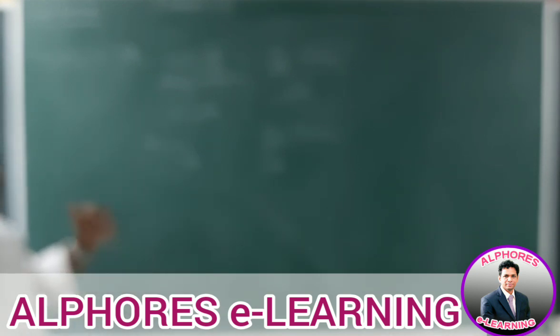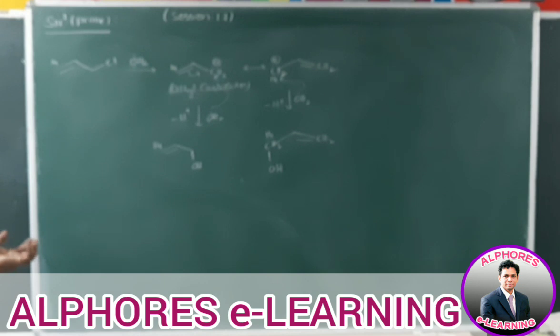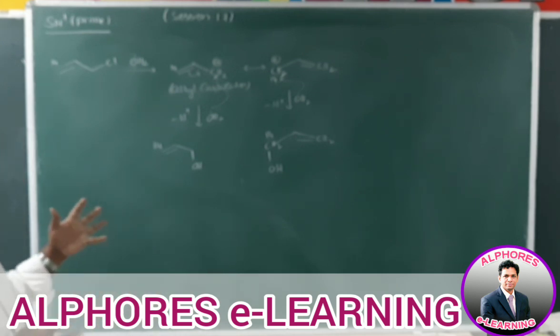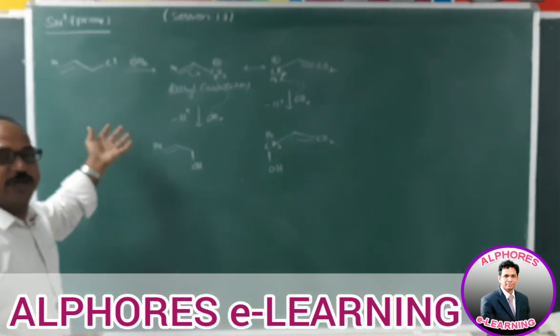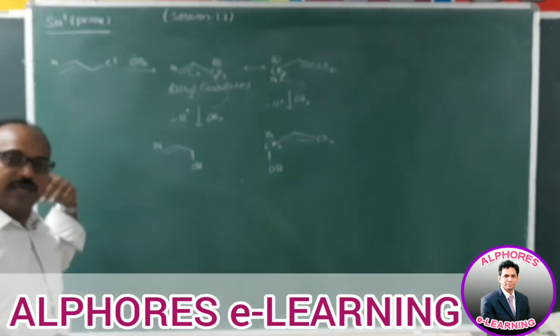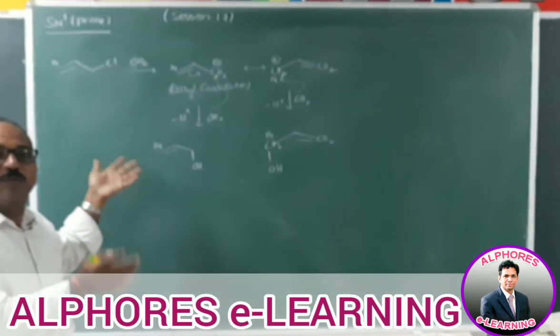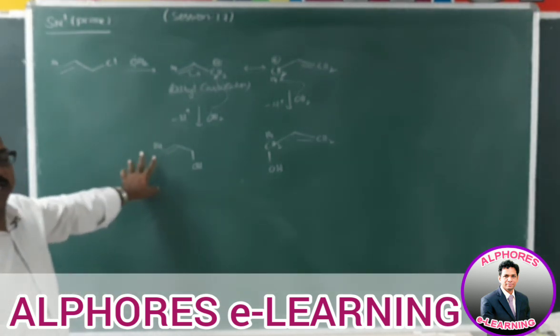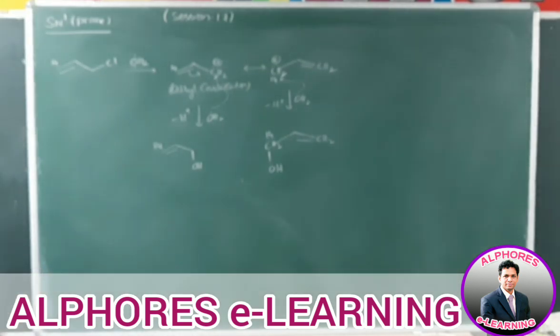Okay, and complete contrary to the earlier one, SN2 prime, here the more stable carbocation gives more product, the major product. More stable means more hindered, right? There we discussed that a nucleophile cannot approach a more hindered carbon, but here the more stable carbocation is nothing but the more hindered one, and upon that the nucleophile comes and attacks. This is regarding SN1 prime.